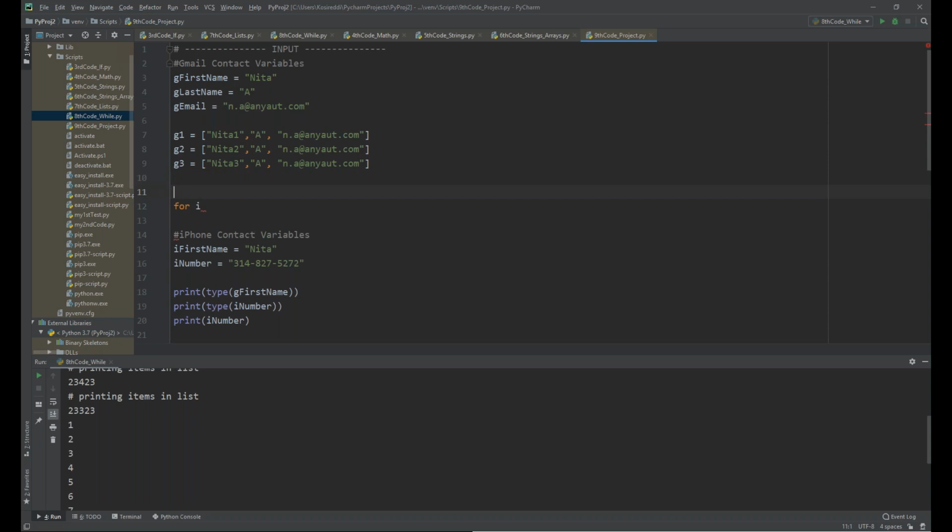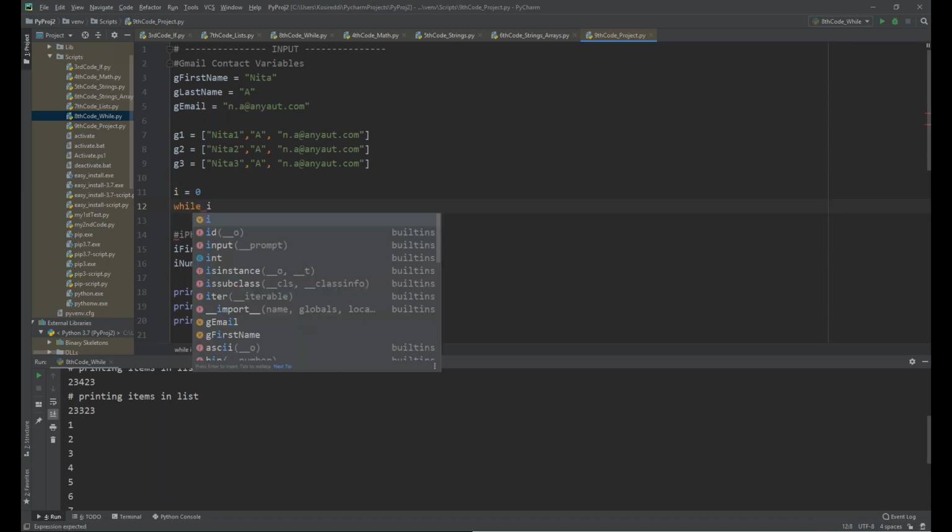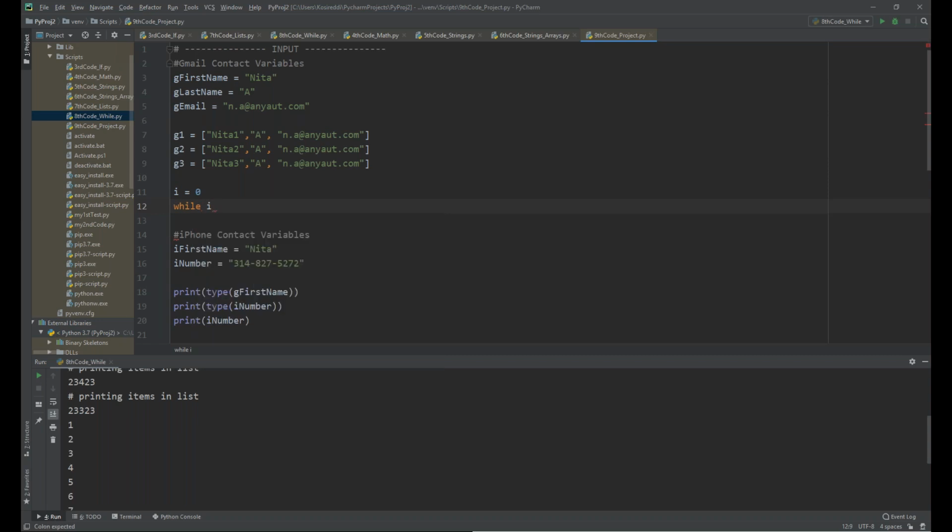So I have to have a variable I equals 0. All right. And then while I, oh no, the 3 columns, right? Yeah, that's fine. So if I is less than 3, I could print